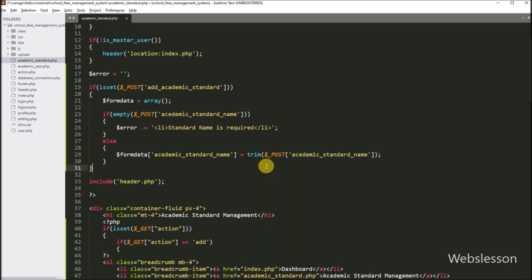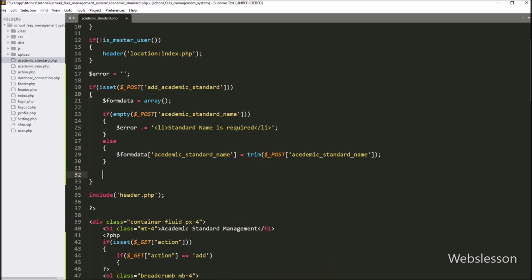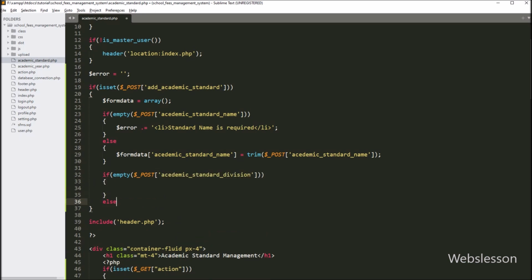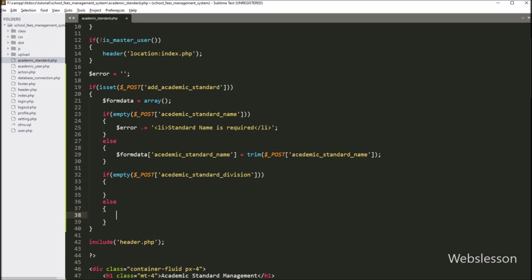After this, we want to validate academic standard division field data, so here we have to write an if statement. And under the condition, we have to write the PHP empty function, and under this function, we have to write the $_POST academic standard division variable. So it will check if this field has a blank value, then it will execute the if block of code,